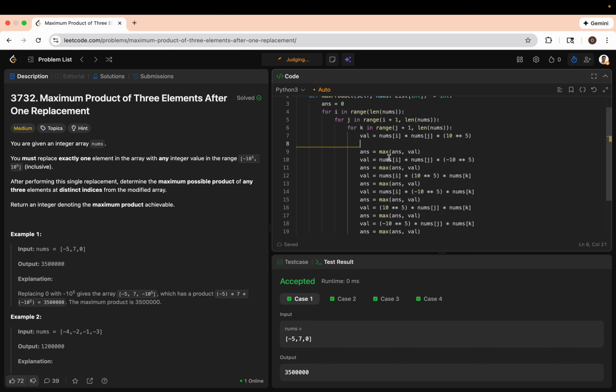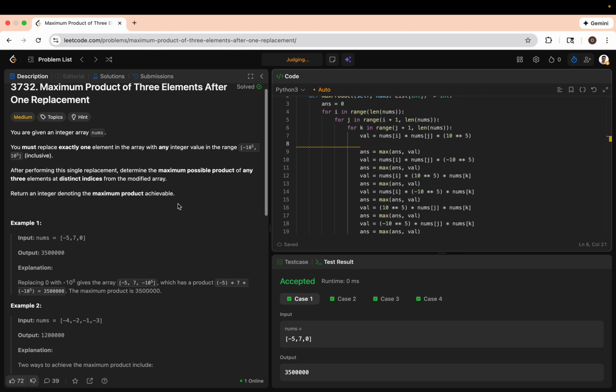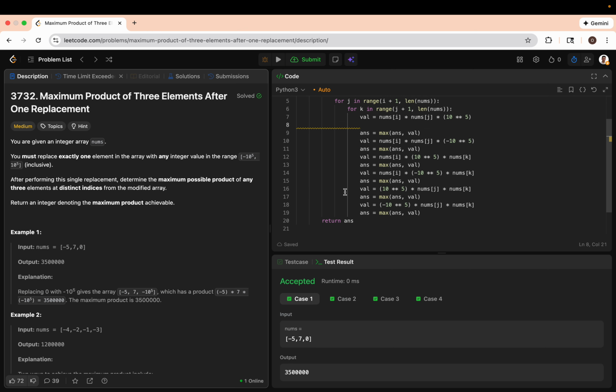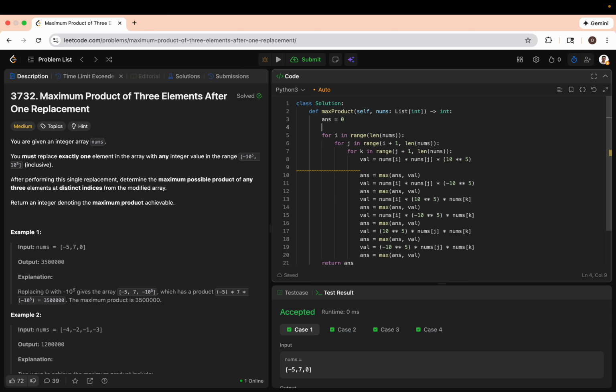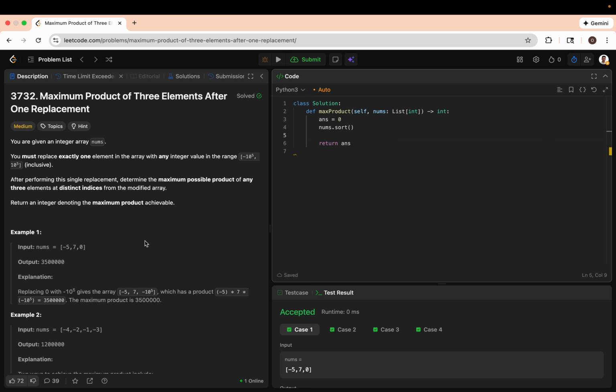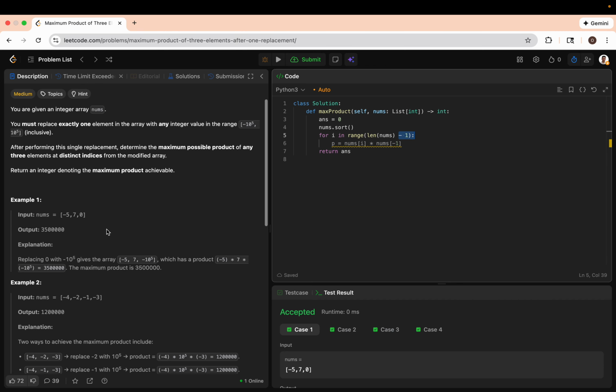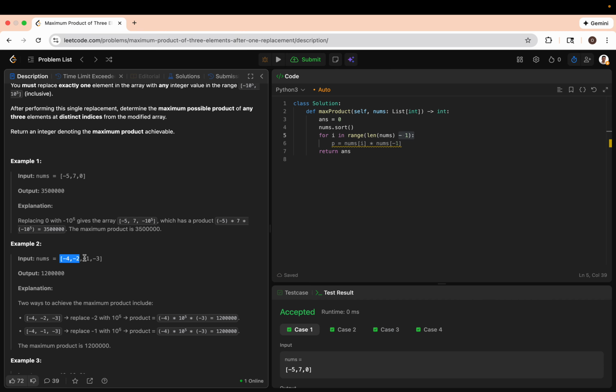So since we already basically know what we're doing, why don't we think of a better way, right? If we're looking for the maximum answer, then why don't we just first sort the nums array, right? Because in that case, we can just basically try all these combinations in a more smart way. Let's just loop all the way to -1, because at each point what we're going to do is take the pair product as nums of i times nums of -1, because that's the one we're not visiting, right? We're going to try every element except this one, and then we're going to multiply the